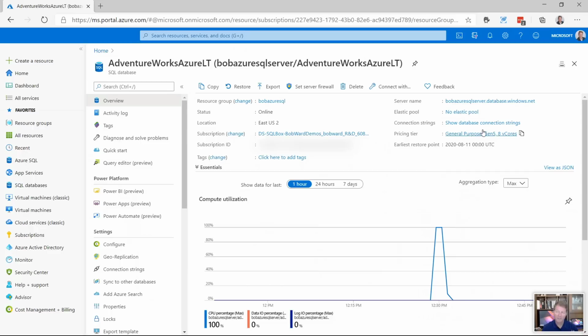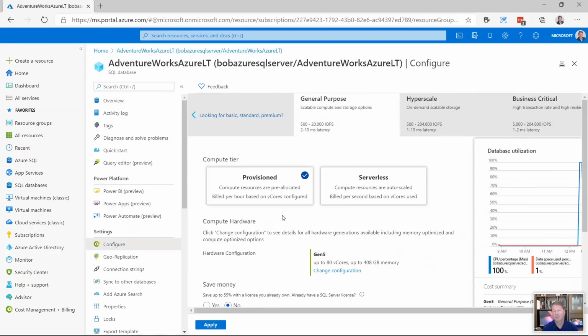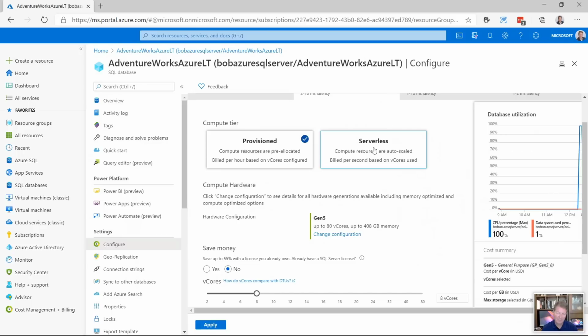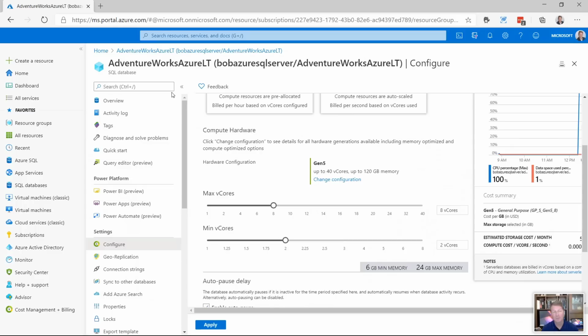Now, one thing I want to point out that may not be obvious to customers, because we've talked about a lot of different things in this lesson so far: if I had picked serverless as my initial deployment, I could have picked a max of 8 vCores and a min of 2, and I would only be billed on the max vCores when I use max vCores. Normally, I'd be billed on my min vCores if I wasn't even running that workload. And even better, if I had set up auto pause, when I'm not using it at all, I'm not billed for any compute utilization. So this is a way that we support auto scaling for an app that I showed you how to scale manually.